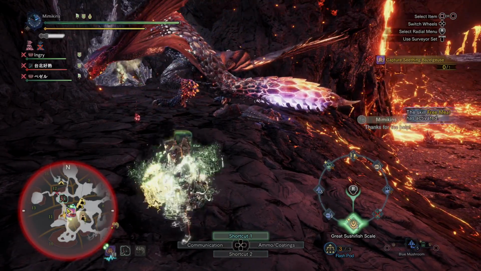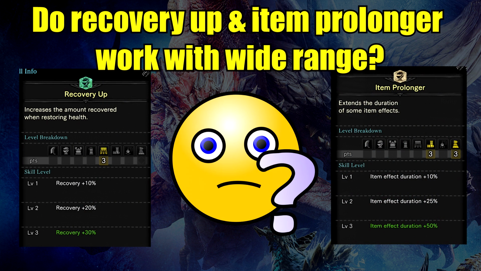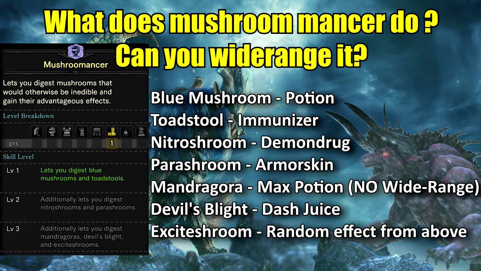Firstly, I would like to address several commonly asked questions about support builds. Recovery up and item prolonger don't affect other party members. A player has to have the skill equipped on their armor in order to receive the effect. Recovery up is still nice to have for your own benefit since it will affect your health regen augment as well as potions. Mushroom Mancer level 3, Mandragoras, which is basically a max potion, do not work with wide range,